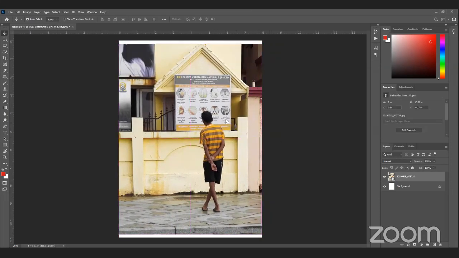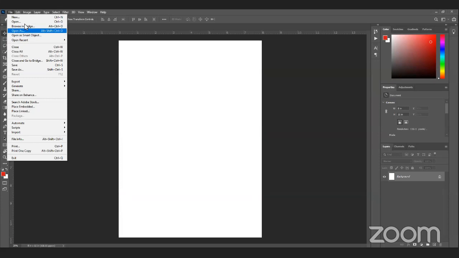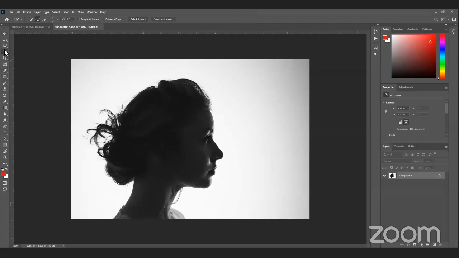We also talked about selection. Let me open a file. Yes, we talked about quick selection. How can you use it? Just click and hold on this selection icon, and you will see three options. The quick selection tool is the second one.